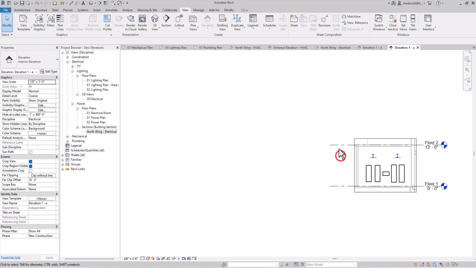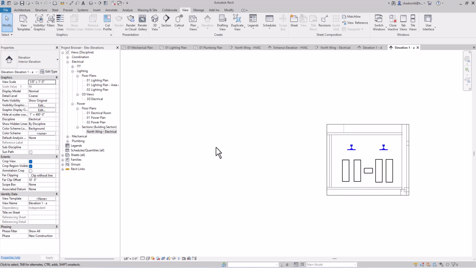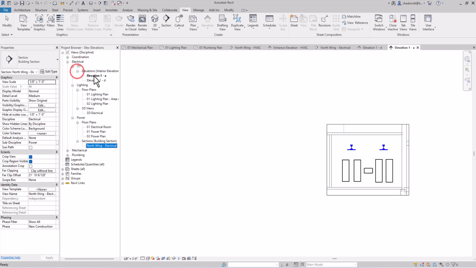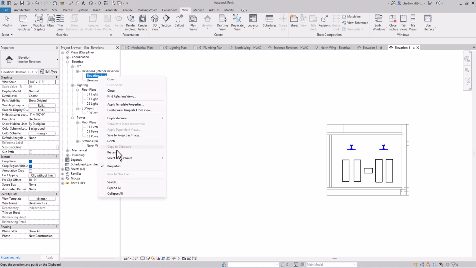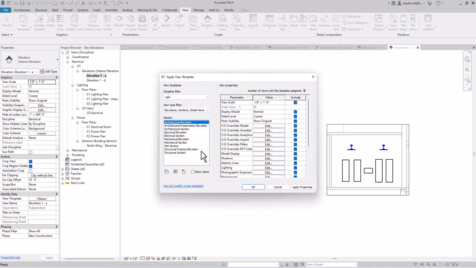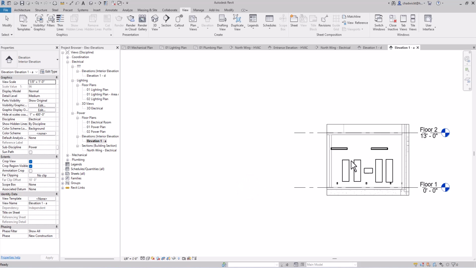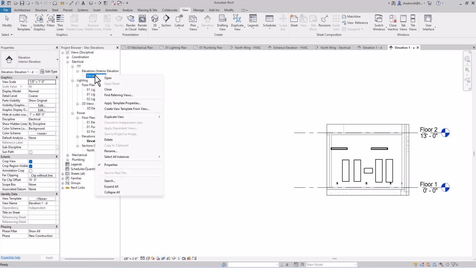Once more I can do some hiding, so I'll do the VH to hide my levels, and then I also will apply some template properties here. So I will go to each one. I can rename these electrical room, south elevation and west elevation. In the interest of time, I'll just go ahead and apply my template properties here. These are electrical elevations, so I'll just simply select those options, and now you can see the update there in terms of what it's showing in the view, but also where it's categorizing the view as well.